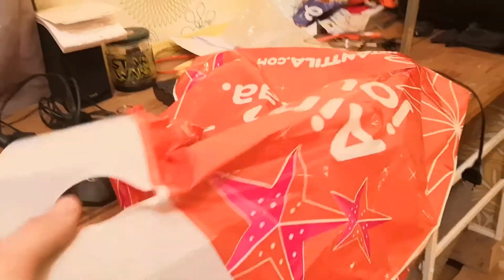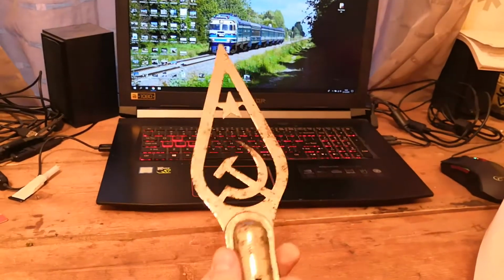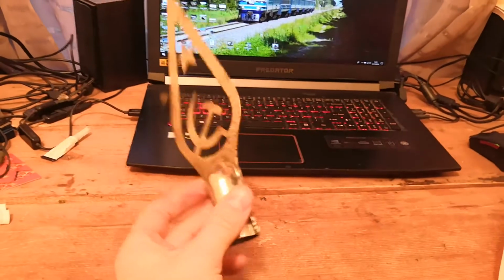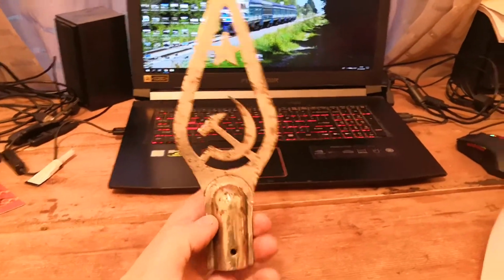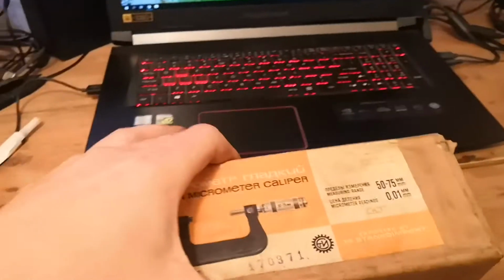Today we're gonna make an unboxing video. I bought this. Well, I also bought this Soviet era flag post tip, which is cool. Paid $5 for this. And also we bought this tool,